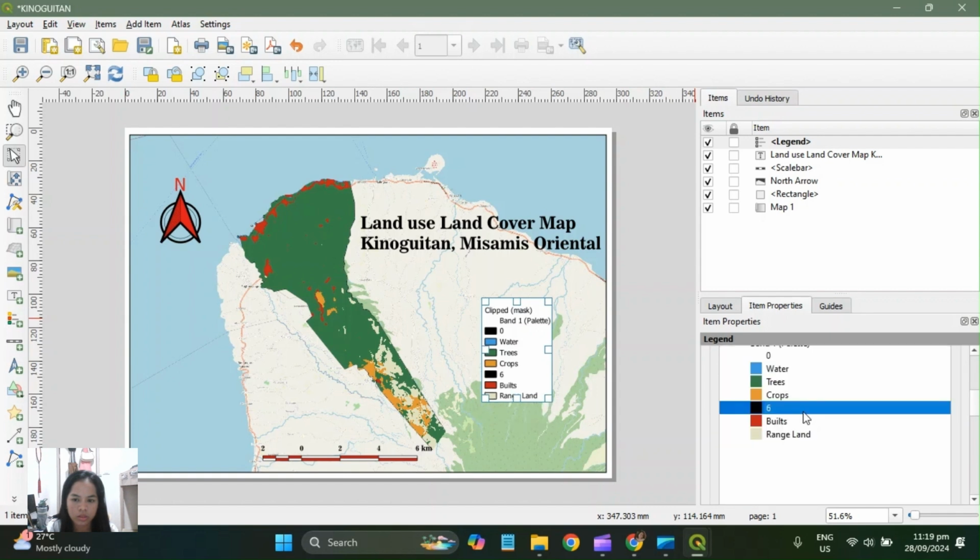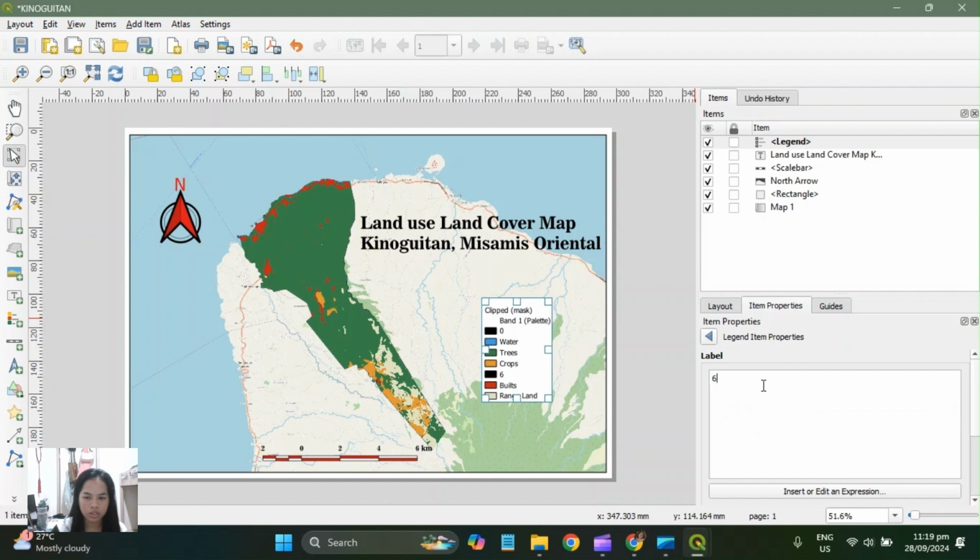And then this one, you can put this as the Kinugitan boundary.